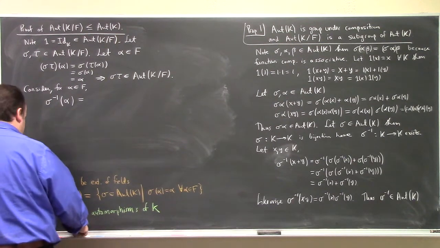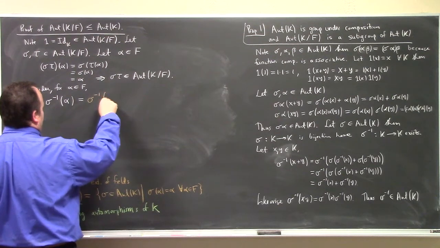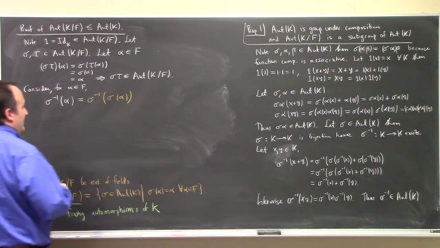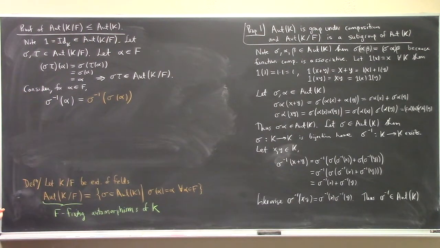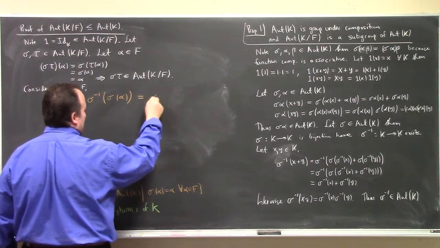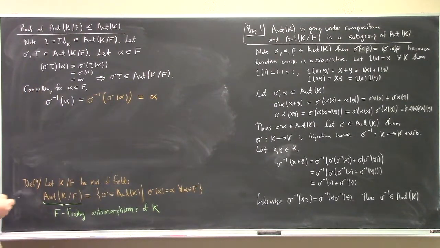Yeah, I think if you see it, you'll see it right away. If you don't see it, you can stare at it and stare at it. But once I write it, you'll just be like, oh, well, duh. Right? We know, but that doesn't prove it yet, though that's true. That's something that's true. Everything gives you alpha again. That's right. So this gives us alpha again. That's what we're trying to prove: that sigma inverse fixes alpha. See, it sends alpha to alpha. That's what we're trying to show.